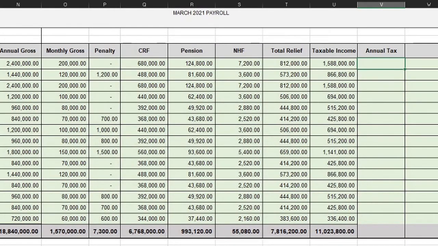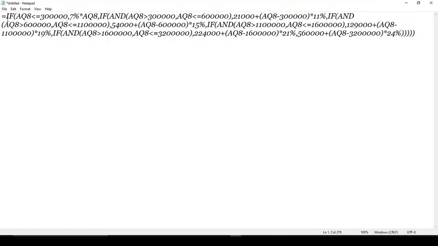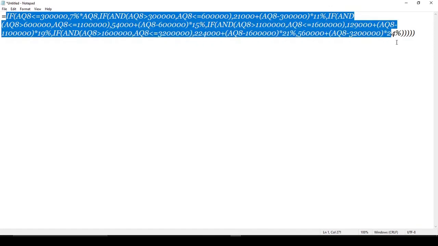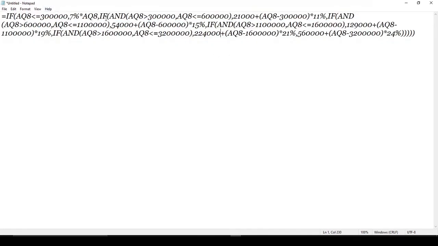Alright, welcome back. So I have the formula copied here from another sheet. As you can see, it's an if statement, and if you look through, we have another if statement inside it, and also another if statement, and so on and so forth. So if you have the time, you can sit down and read through. This is a reference, cell AQ. Obviously here we're talking about the taxable income. So we say if taxable income is less than or equal to 300,000, then the first condition is to calculate 7% of the taxable income, and the last condition is if it is greater,